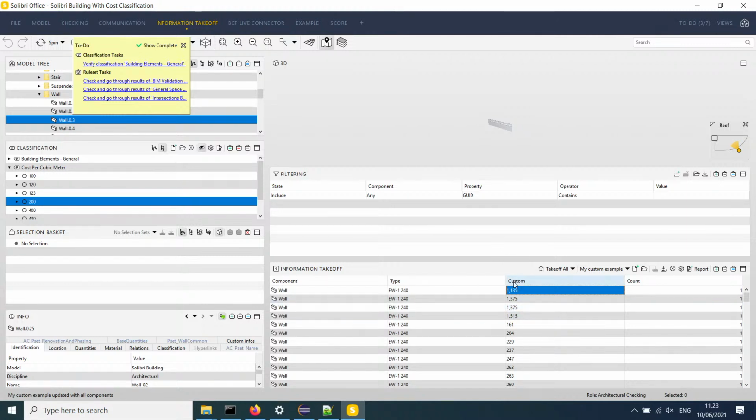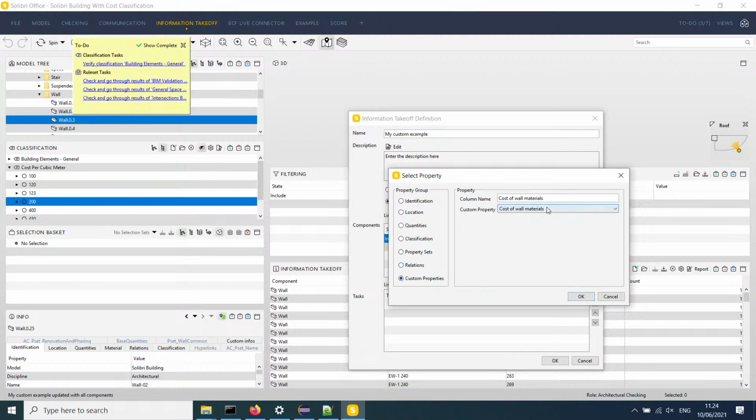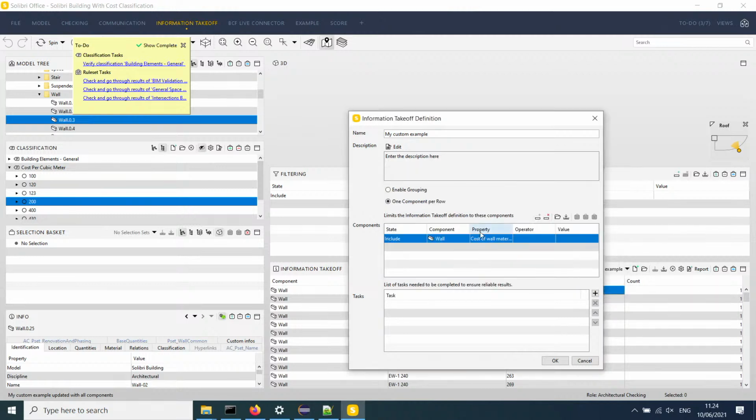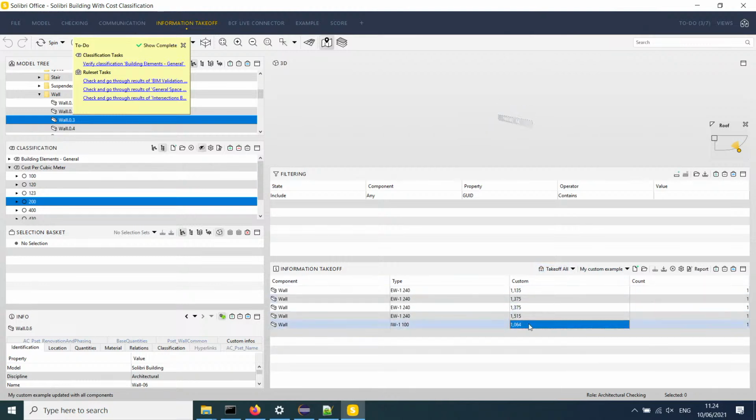And these were used like now it was used for like outputting data. And the nice thing about these custom informations is that you can also use it in filtering. So I can use it as a property here, and I can say that okay, I wanna output only expensive walls, so only the walls that are gonna cost a lot. So those that are gonna cost more than 1,000 money units, and now it only outputs those. So I can use it here,